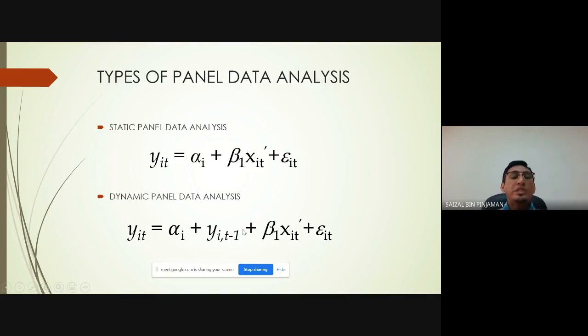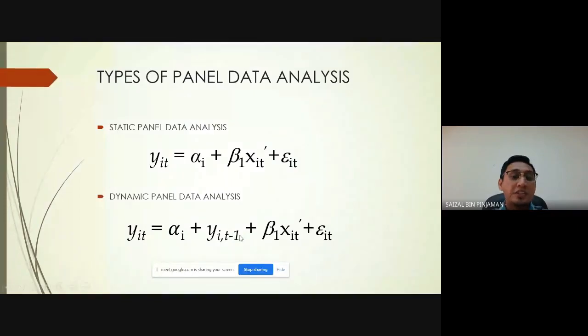There are various methods that we can use to determine whether we are supposed to use static or dynamic panel data, but the simplest way is based on whether the lag value of the dependent variable is important in explaining the current value of the dependent variable. In that case,